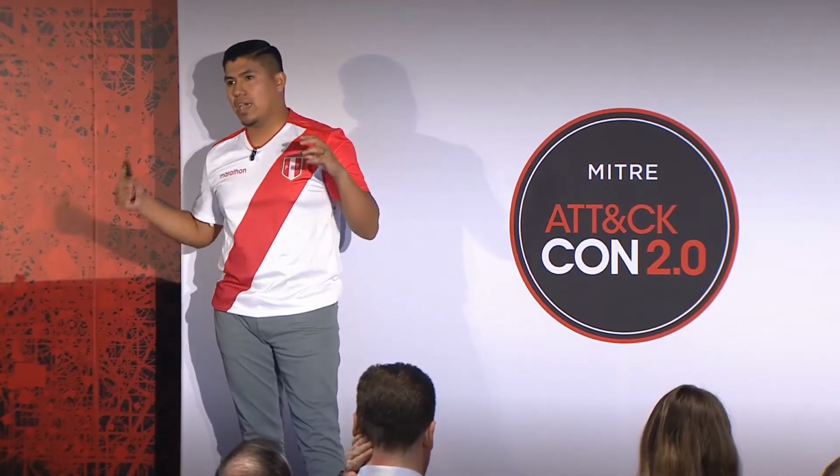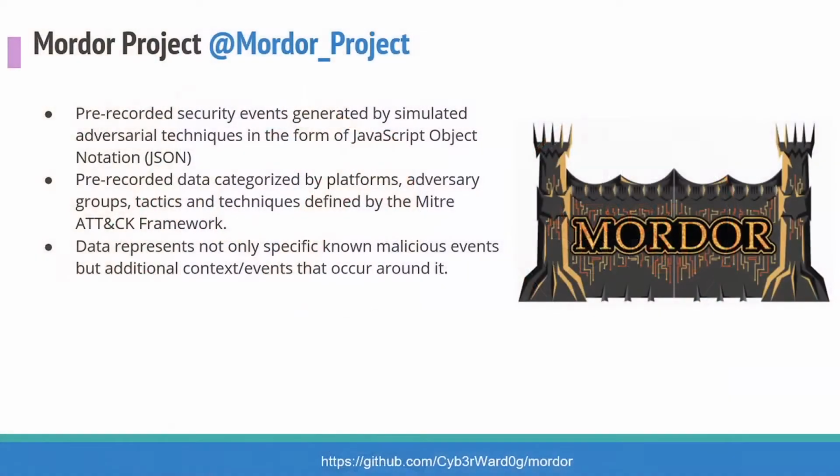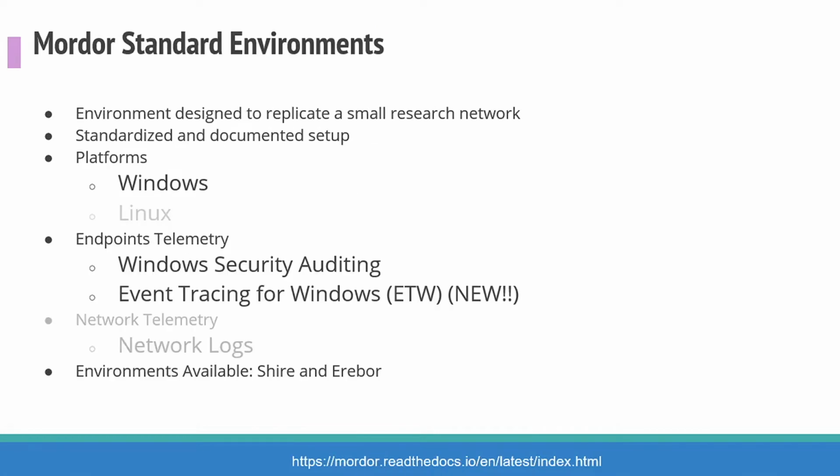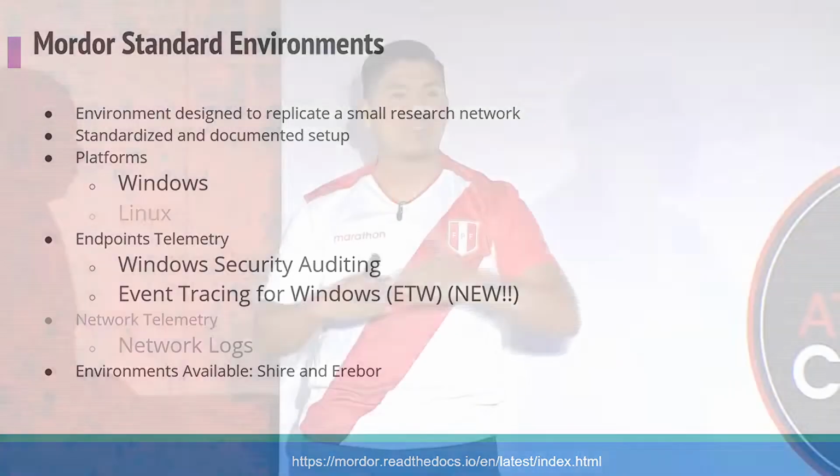And here is where the Mordor project comes into place. It's a repository of pre-recorded data sets in JSON format, categorized in the MITRE ATT&CK way, and that you can use. And everything comes with a lot of documentation, because I believe that this is key. I want you to know why certain events trigger. I don't just want to give you a document and say, good luck, this one maps to bypass UAC, I'm awesome. No. There's actually a lot going on in here that you need to understand